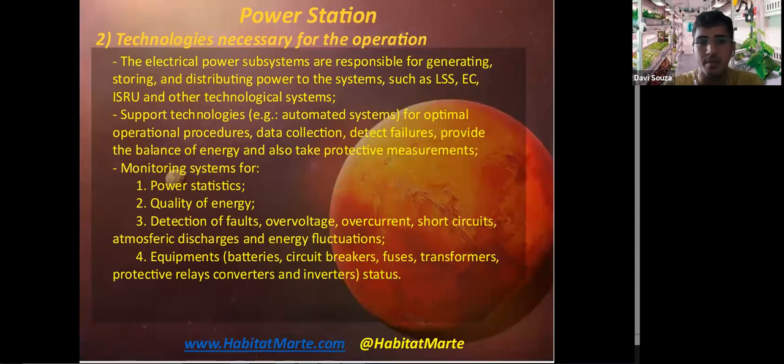Some technologies to be applied. It's necessary to consider the electrical power subsystems will be responsible for generation, storing, and distributing the power to the whole systems of the habitat, such as life support systems, environmental control system, in situ resource utilization, and other technological systems. We can consider some support technologies, just an example, the automated systems, but we'll be talking about other technologies